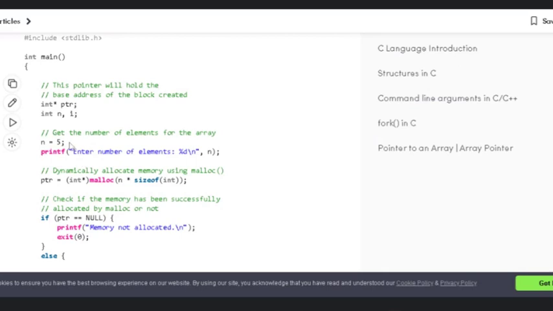So the user has to provide the value of n, and here it is directly given when the program is to be compiled. One pointer variable is taken of integer type, and then we have two different variables n and i. i is for iteration, n is the number of elements.